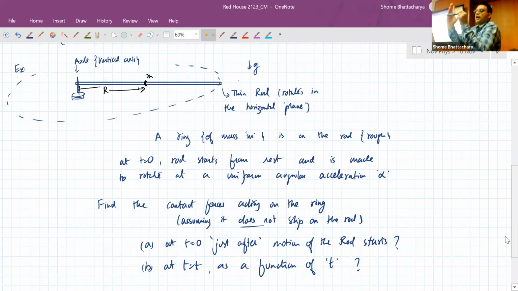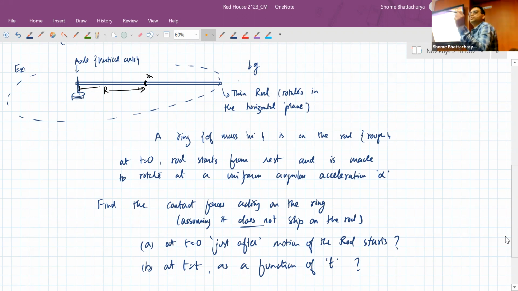Okay. And as the thing starts moving, at some time, if it has a speed v, which will be L omega, it has a centripetal acceleration because it is turning. So now who's providing the tangential acceleration? It has to be some force, sorry, not tangential. Who's providing the centripetal acceleration? It has to be some force acting towards the center. Now, normal force cannot act towards the center because it's parallel to the rod.